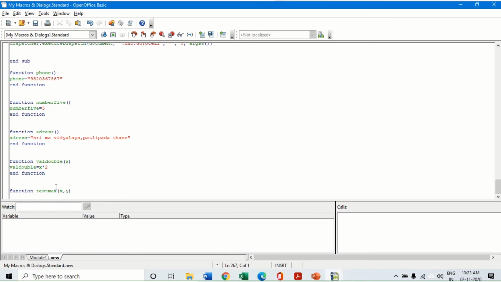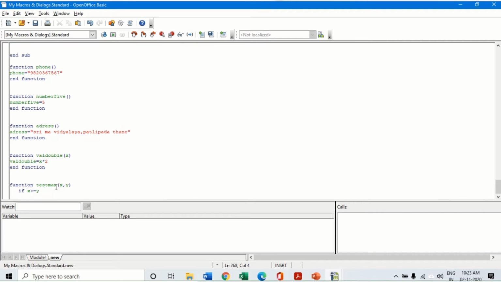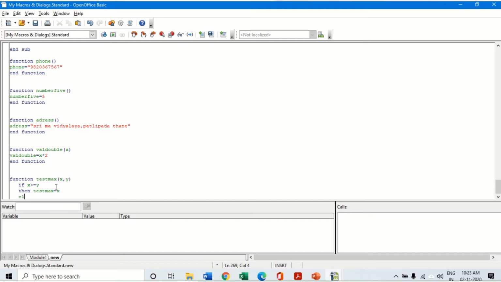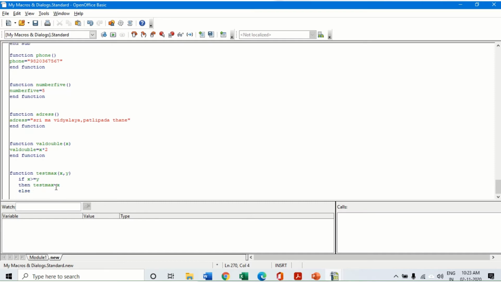Now we are going to write, indented a little bit, if x is greater than or equal to y, then test max is equal to x, else test max is equal to y.